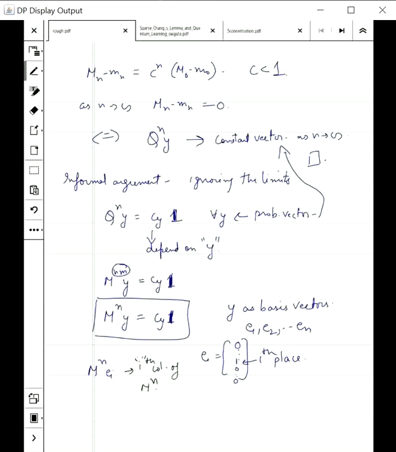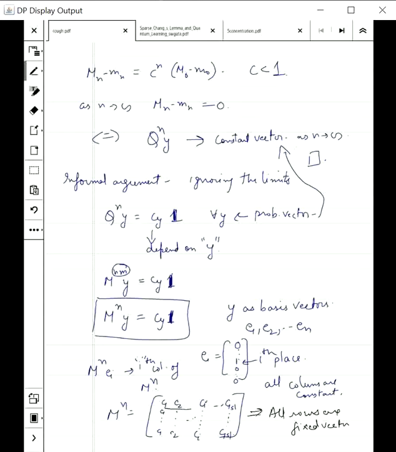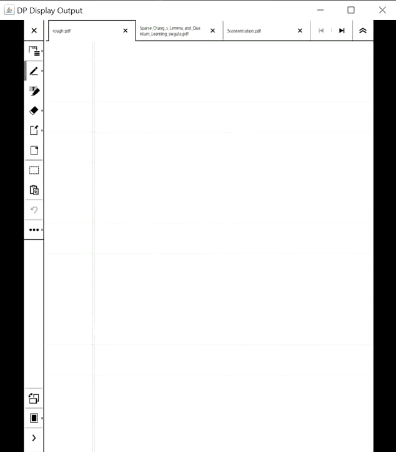So this is saying that my ith column is a constant vector. If I want to look at M^n, all the columns are constants. So this is c1, c2, up to cn. All columns are constant. There might be different constant vectors, but this implies all rows are the same. You see that all rows are the same: c1, c2, ..., cn, c1, c2, ..., cn, and so on. So all rows are the same. Call this vector W. What we were able to prove is all rows of M^n look like